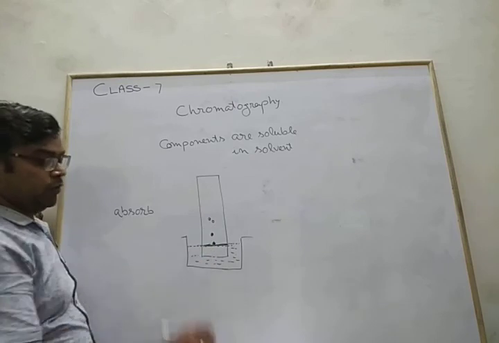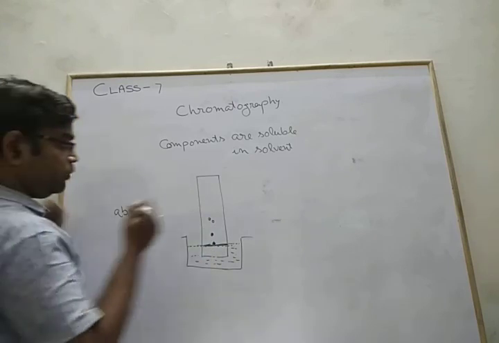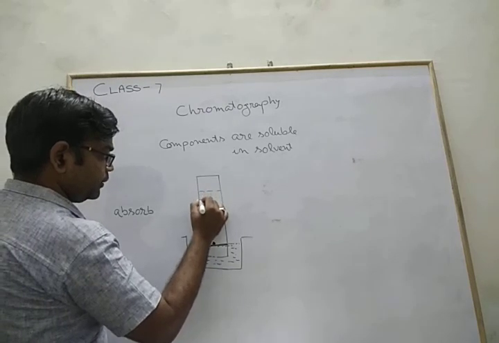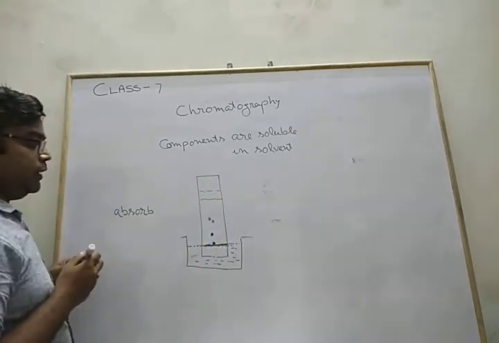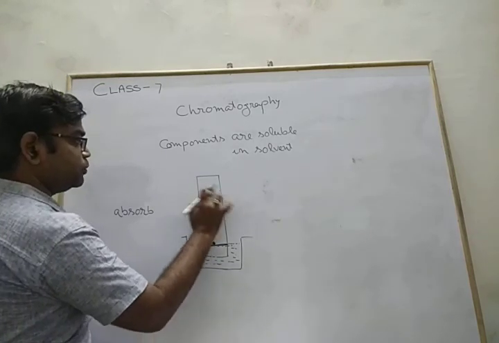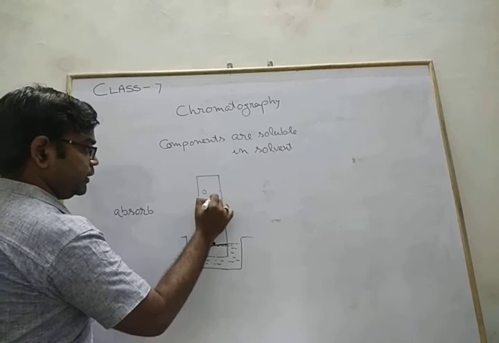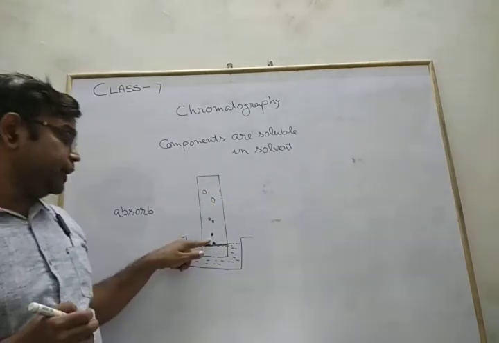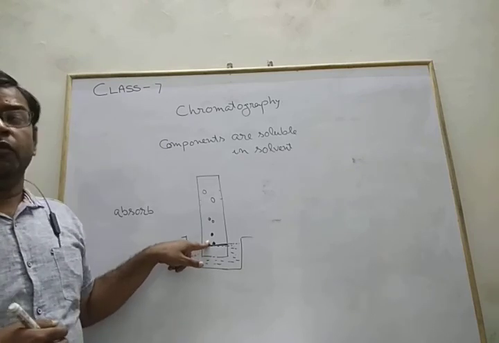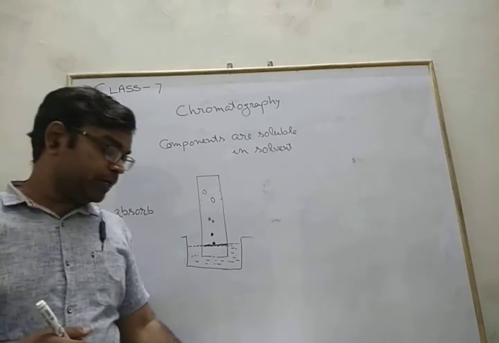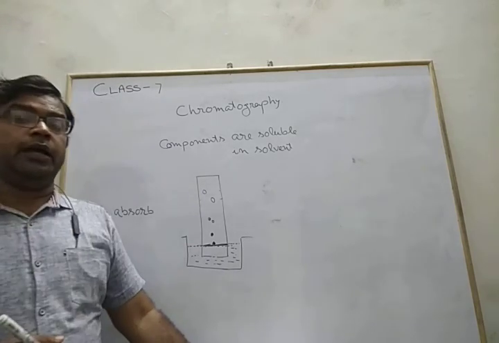After some time, we observe that up to a height, there are different layers. There are two layers of ink. In this case, it is not layers, sorry, two spots are there. One is this one, the other is this one, and we can easily distinguish which two types of color this ink is made from. This is your chromatography. You must read this from a book and try to understand.